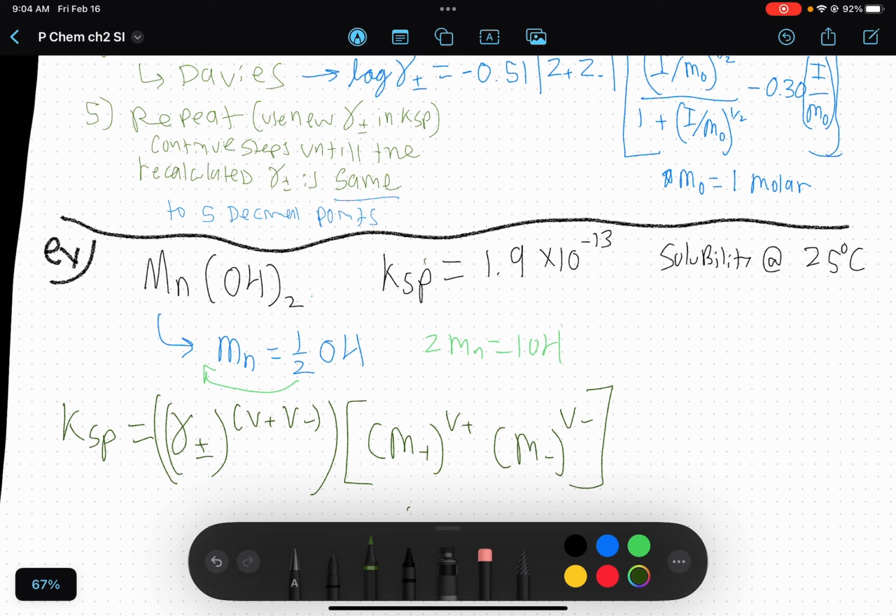Anyway, from there we can also do the V's because we have the charges, right? So we have Mn and OH. OH we know is a -1, and if there's 2 of them, then that means Mn must be +2, right? Because for this to be a negative, this one needs to be 2 positive because there's 2 OHs, so that means there's 2 negative charges for that. Cool? So we can write those in as our